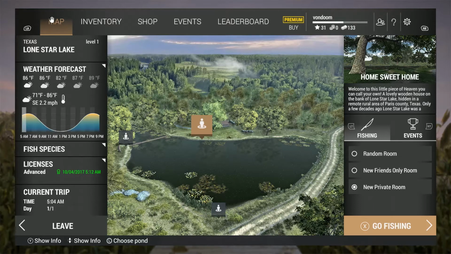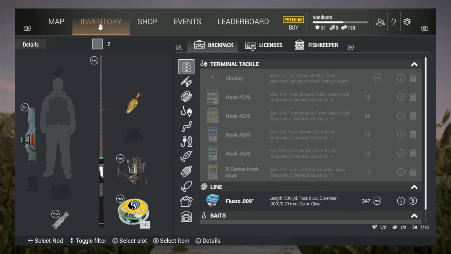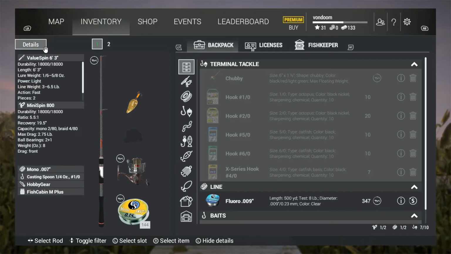Now that we know where to fish from and when to fish from, we are going to be looking at what to fish with. It's time to look at the tackle and gear. Today, more than likely, if you're just starting out and you need a little boost in money, you will have the following gear. This will be your first spinning fishing rod available to you. It'll be the Value Spin 6 foot 3 inches, and you'll note here it has a suggested line weight of 3 pounds to 6.5 pounds, but the Mini Spin 800, which is a little starter reel, is going to be, let's see here, you can see here,